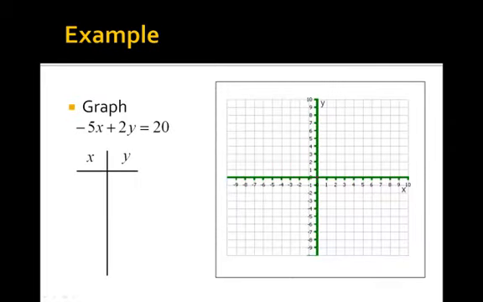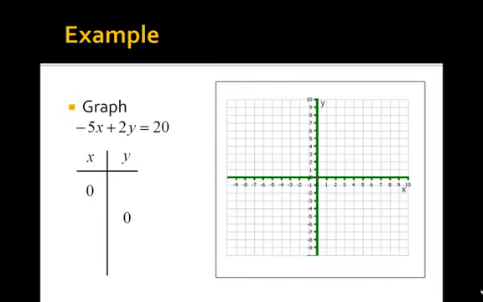So to show you an example of using the intercepts, I'm going to graph this equation, -5x plus 2y equals 20. Now it happens to be a line, so these 2 intercepts I find will be all that I need in order to graph it out. Now rather than going through and finding a whole bunch of different values for x, plugging each one in and